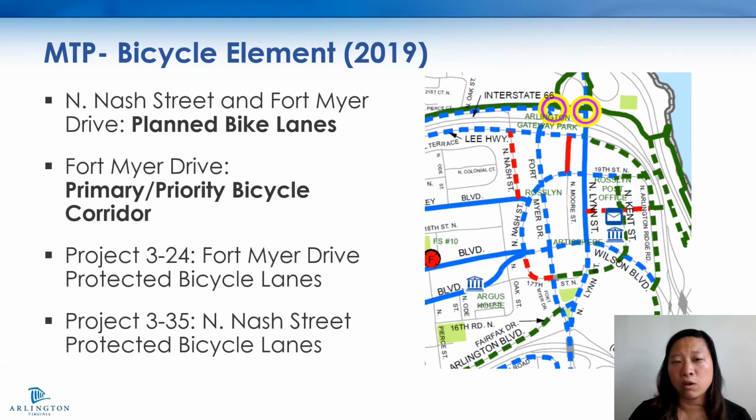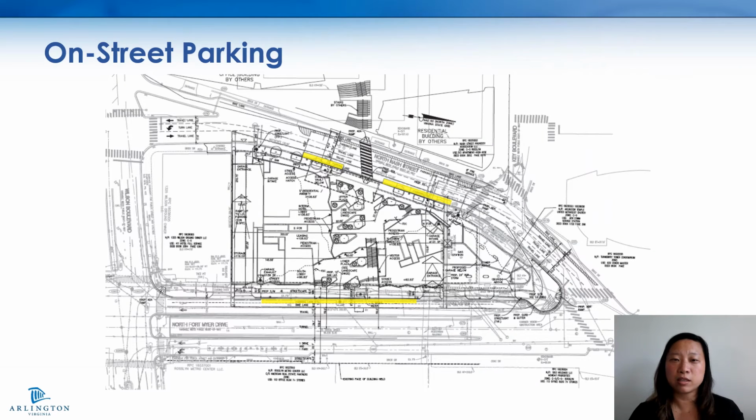the various uses. While the Ames site plan does not deliver bicycle facilities along Fort Myer Drive, the final alignment of Fort Myer Drive post-tunnel removal will include protected bicycle infrastructure in the form of a cycle track on both sides of Fort Myer Drive. The delivery of the Ames project will include signed on-street parking as the interim condition. During tunnel removal, maintenance of traffic or MOT plans may dictate some periods of time where on-street parking is unavailable. The final condition will allow for off-peak parking on Fort Myer Drive, and the Nash Street curb-to-curb markings will be